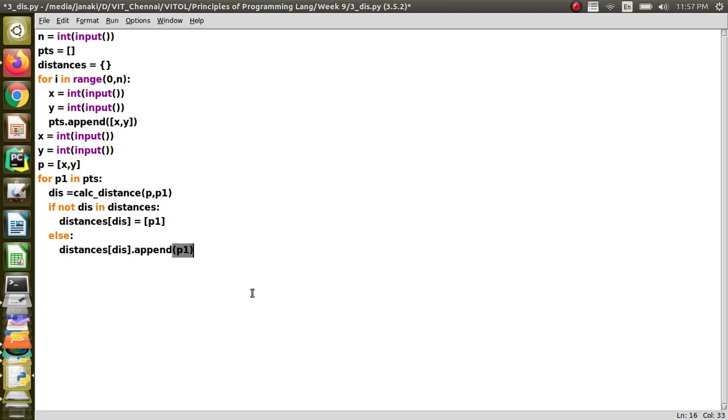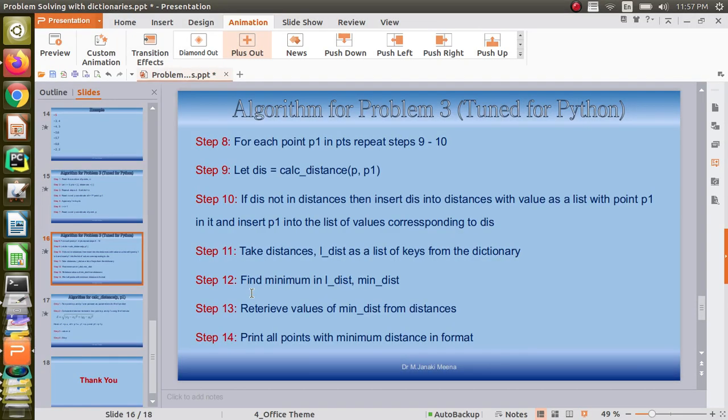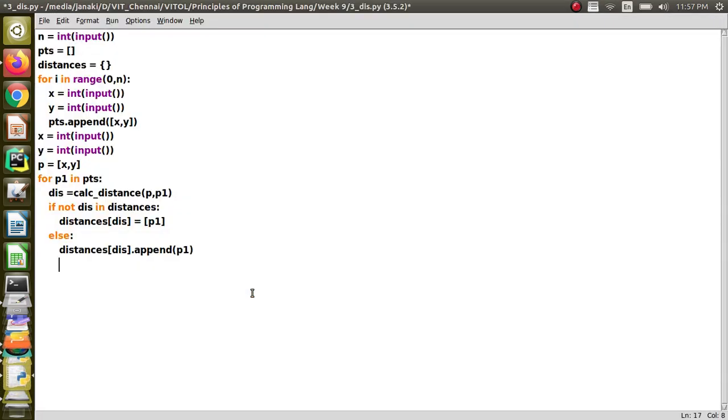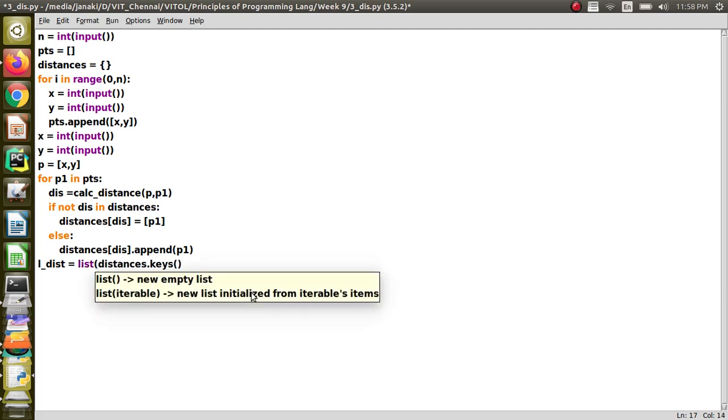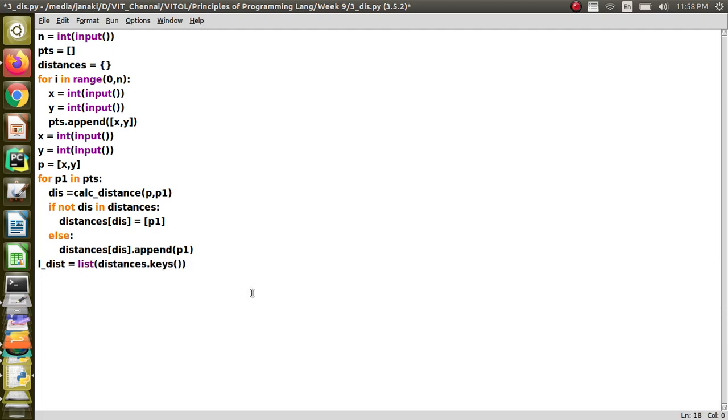So a dictionary will be prepared automatically this way, right? And after preparing the dictionary, what should I do? I should get the list of distances. So what I am going to do is distances dot keys, and I have to convert this to a list, right?